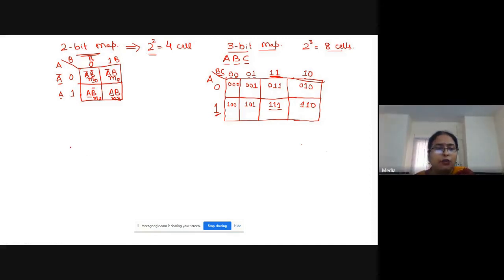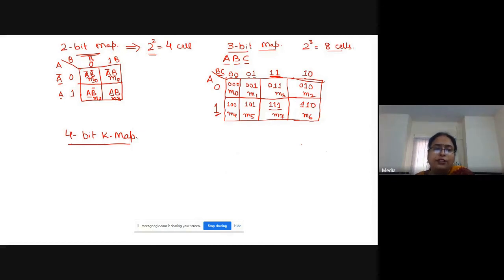Okay. Now, if there are four variables, 4-bit K-map. Similarly, for min terms, you know this is M0, this is M1, this is M2, this is M3, this is M4, this is M5, this is M6, this is M7.